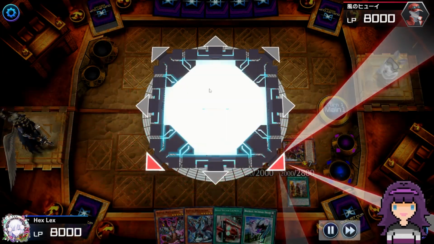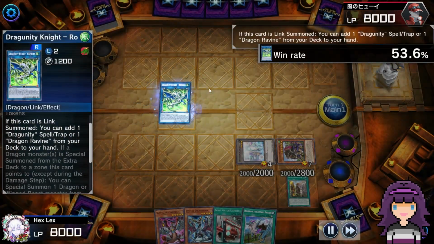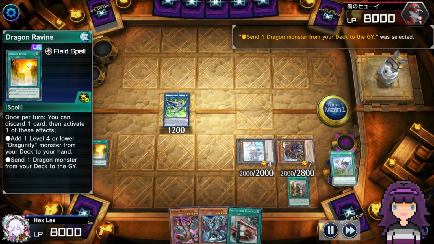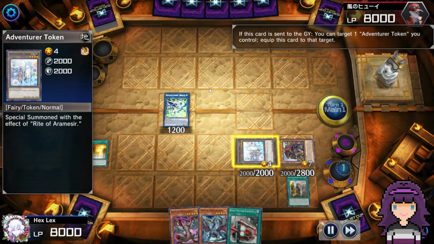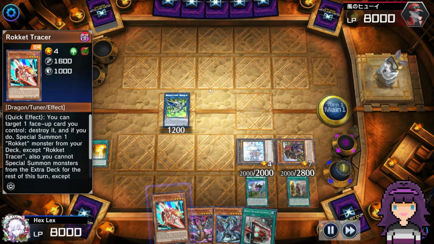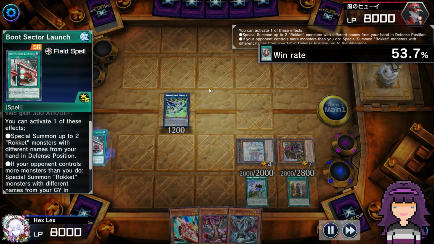Going to special the Red Eyes Black Meteor, sending the PSY Frame Driver from deck to the graveyard. Let's go for the Romulus here to get the Ravine. Ravine F will discard that Dracoback, as I mentioned before. Yeah, and this is the other reason why you want to do that too, is because then you get to chain block the Absorouter Search with the Dracoback equip effect. Although, to be fair, if they had like Ash Blossom or Gamma or whatever, they definitely would have used that before this point anyway, so...